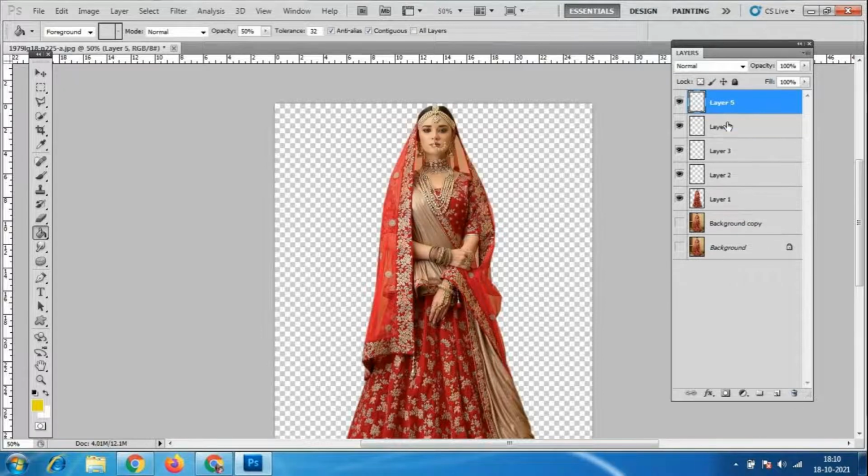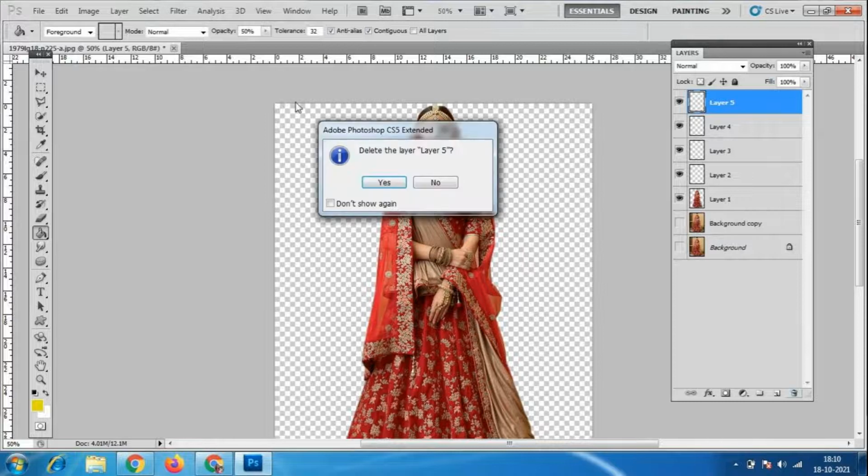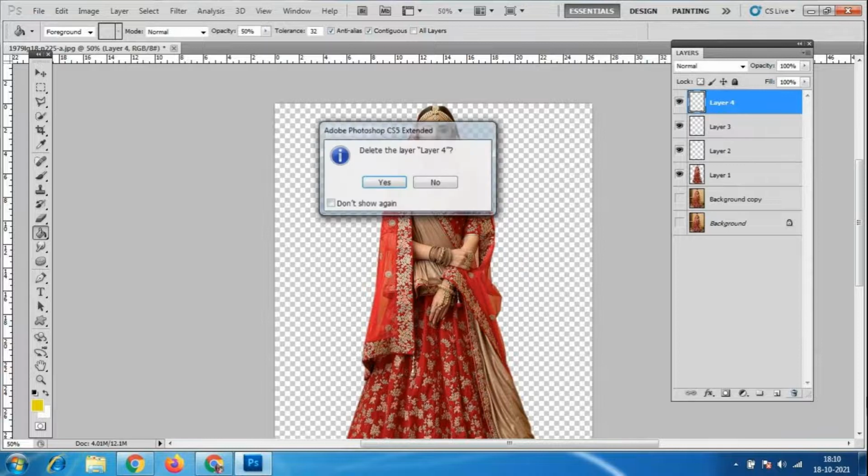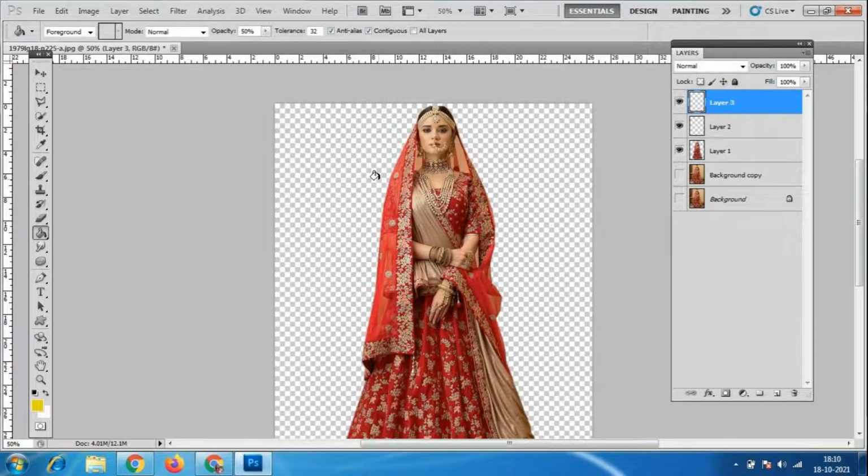Again layer 5, delete layer. Layer 4, again delete layer. Is that okay everybody, how to create a new layer and how to delete a layer? I have added the layer. Now I'm going to delete the layer.